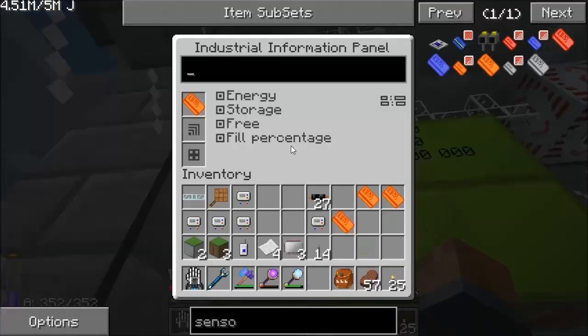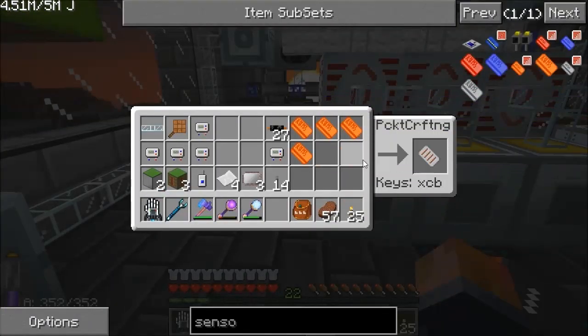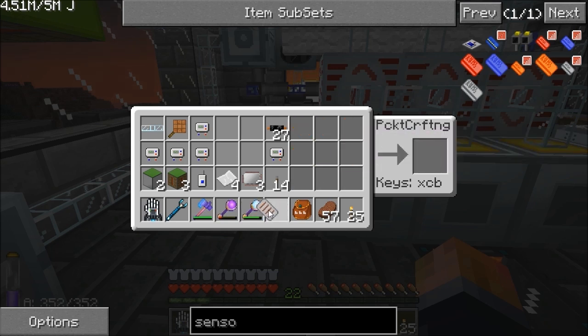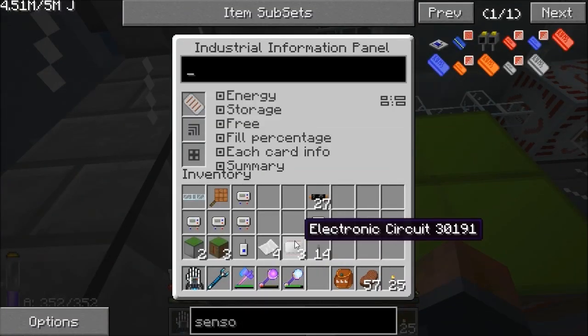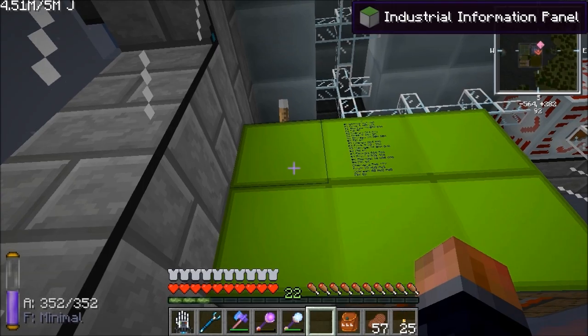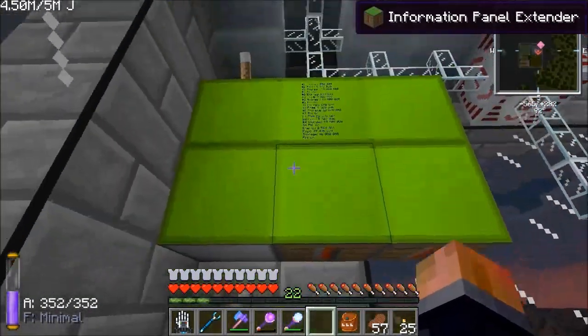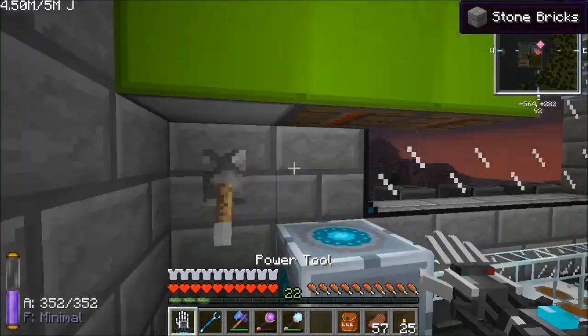What we can do though is, because we've got 4 MFSUs here, put all of them together in a crafting square, so you can have up to 9. It'll give you an energy array location card. So now we can put that in there instead. What that does is going to be really messy because of the way we've laid it out. That's terrible. Can't have it like that, can I? What I'm going to have to do is,